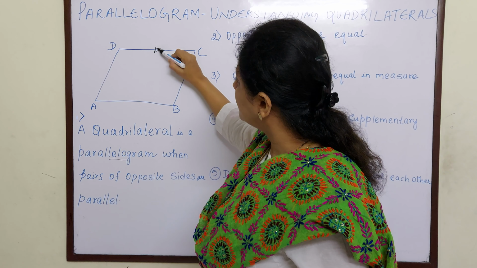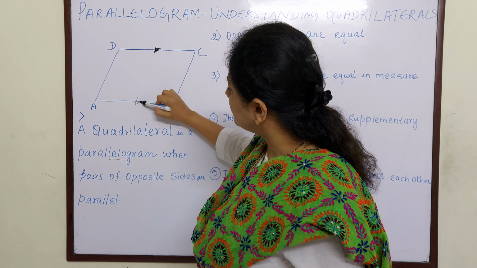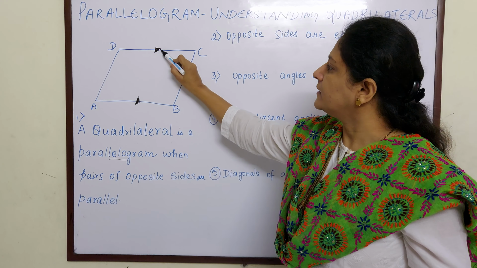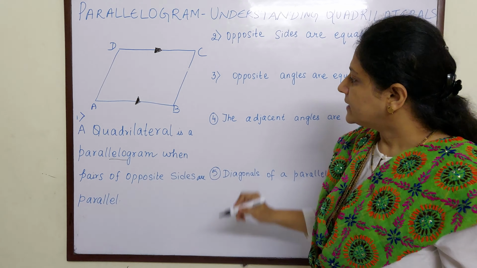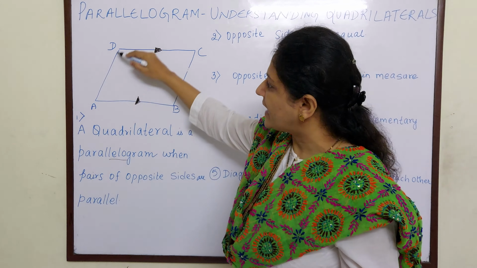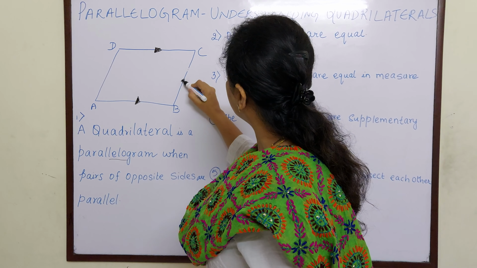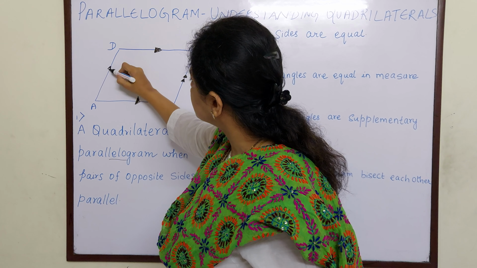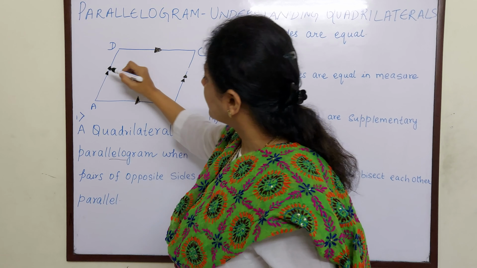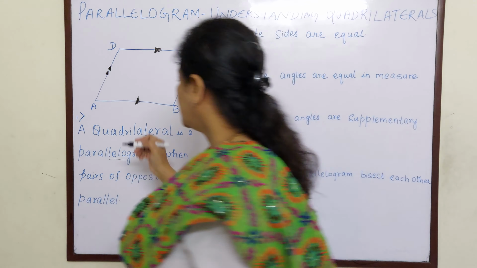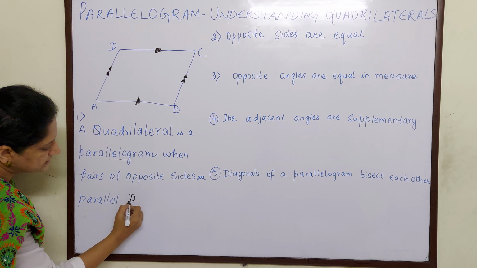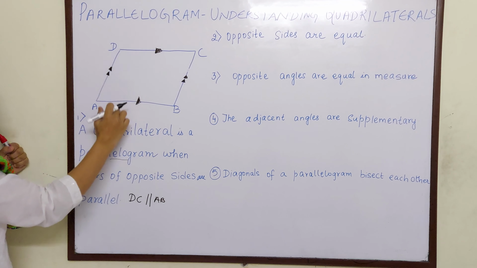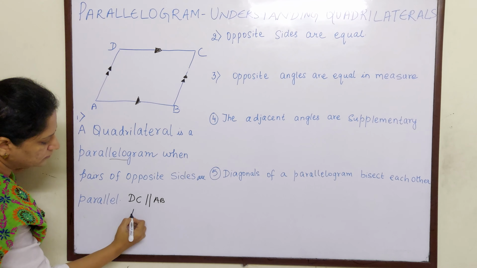And sometimes in the figure, in the diagram, they would have given this in this shape, a small triangle. This indicates that DC is parallel to AB. Okay. Next is BC is parallel to AD. So they will show you a figure and mark it like this with two triangles. So you should understand that this is a parallelogram with parallel sides. So BC is parallel to AD. So for this point we can write DC is parallel to AB, which is showing the opposite sides, and AD is parallel to BC.